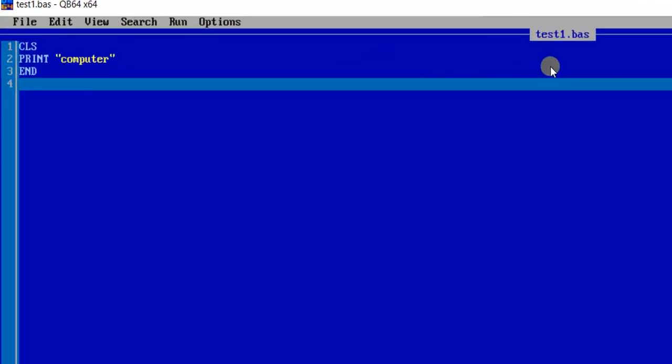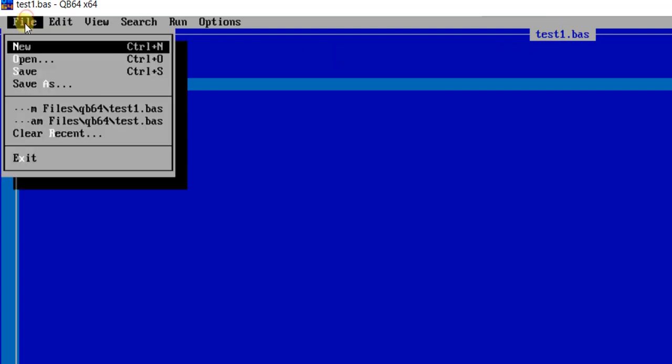Otherwise it will show you untitled, because you have not given any name. But after saving the file with your desired name, it will show you the name that you have provided. test1.bas is the file name of this file now. So it has been saved.